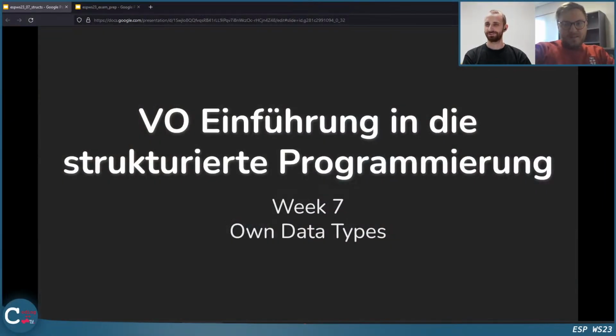So, Alex, what are we talking about today? Our own data types, which is pretty cool because we're talking about ways to create our own data types, in a way that makes our programs even easier and clearer. And there we will show you some cool ways to do that. Structs will be a huge topic for today, and enums. And as always, we will talk a bit about memory. But before we go into that, I think we have some organizational announcements and some hints and tips regarding the